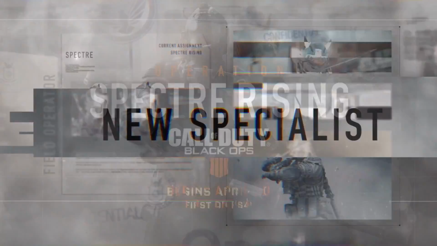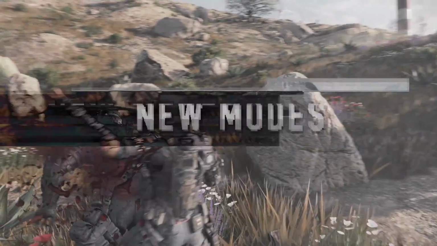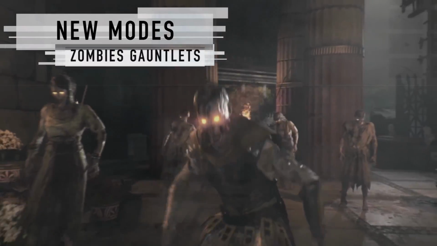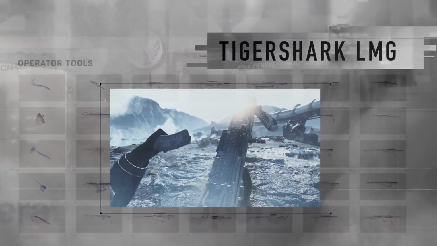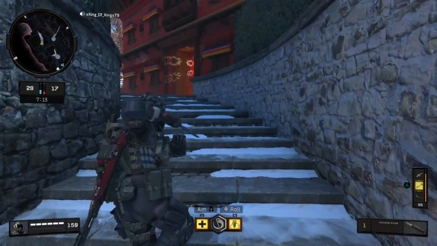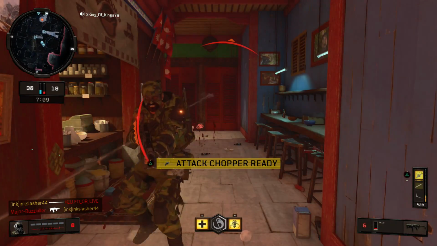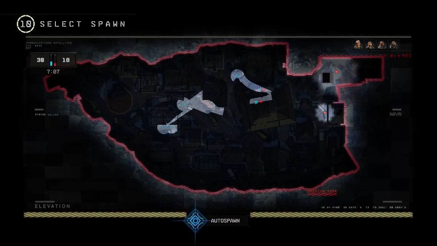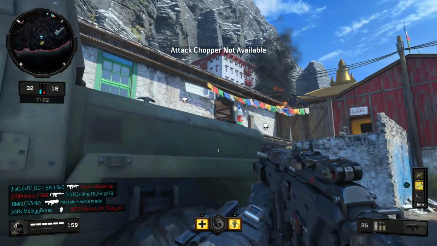Yesterday was the official start of Operation Spectre Rising, and with this operation, we got a ton of new stuff. We got new black market content, new multiplayer maps, and a new gauntlet for zombies, but we also got an update, and in this update, there were several nerfs and buffs to various weapons, score streaks, specialist characters, and I don't think a lot of people focused on those, so I wanted to make a video today